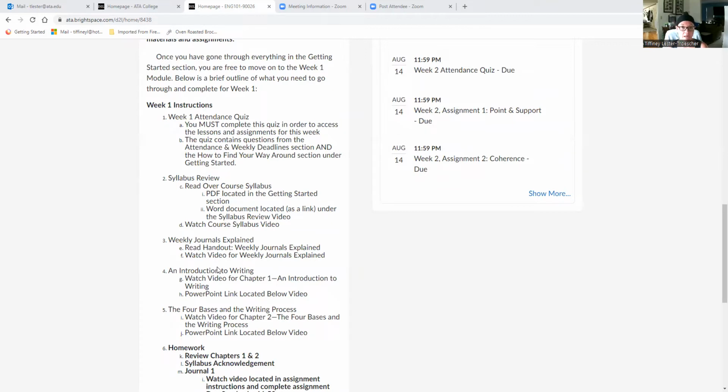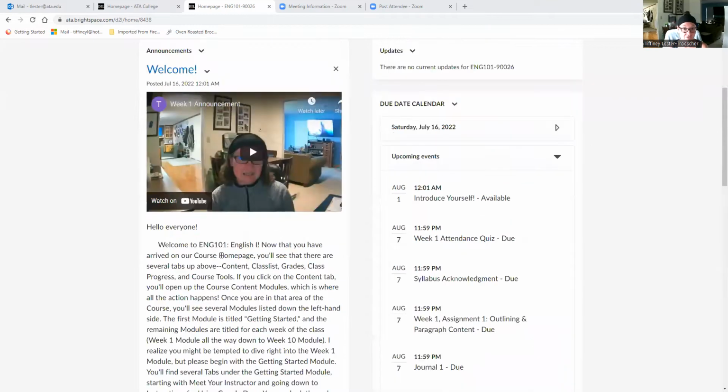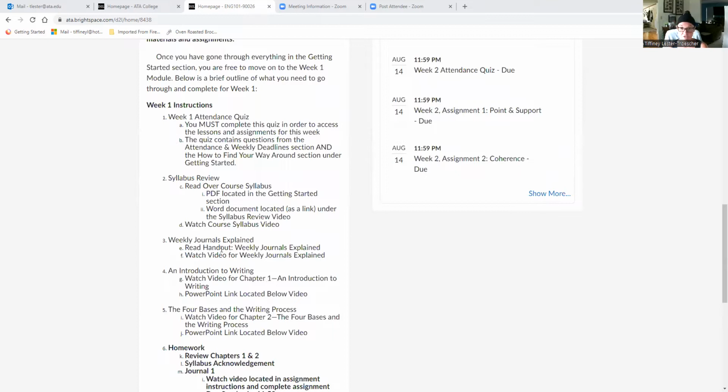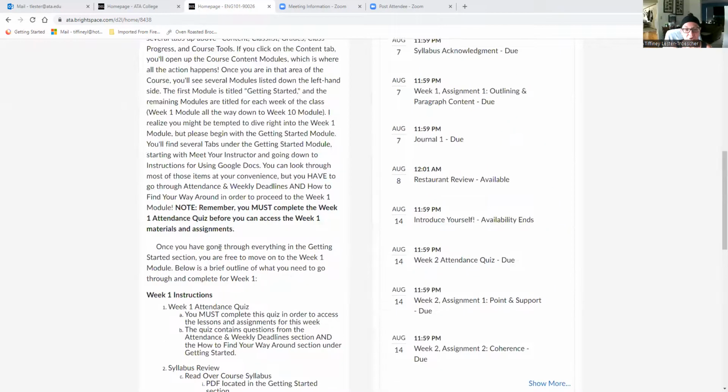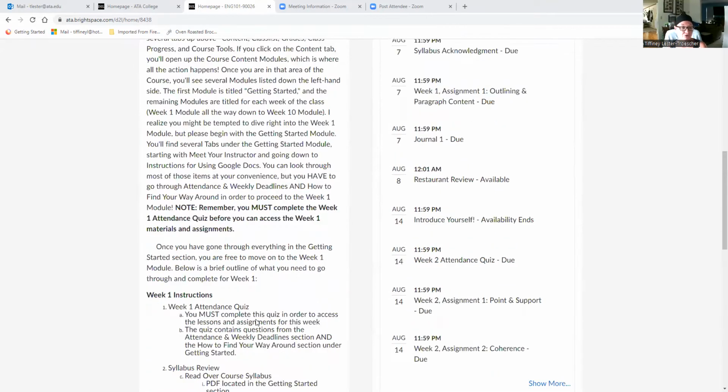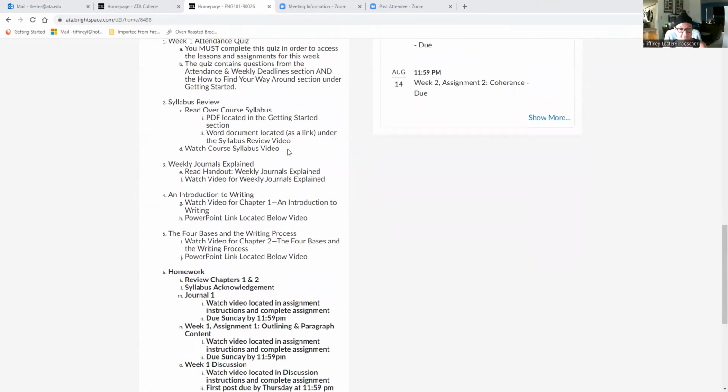And it will be that way every week hereafter. There will be an announcement video for that week, a little blurb that you'll read, and then the agenda for the week. The format will be the same, but the agenda won't be the same. So what you'll read here in this little paragraph is telling you where to go next. All right, so you can read that and then you can look at the agenda and think, okay, I see